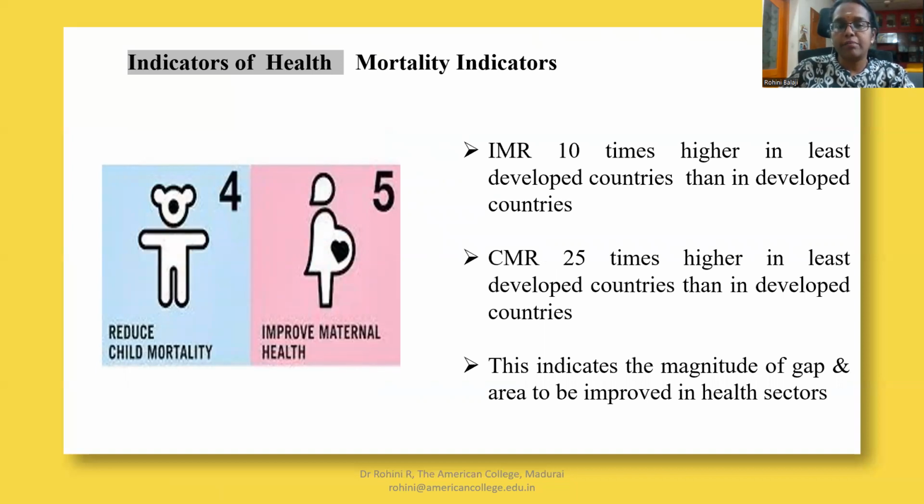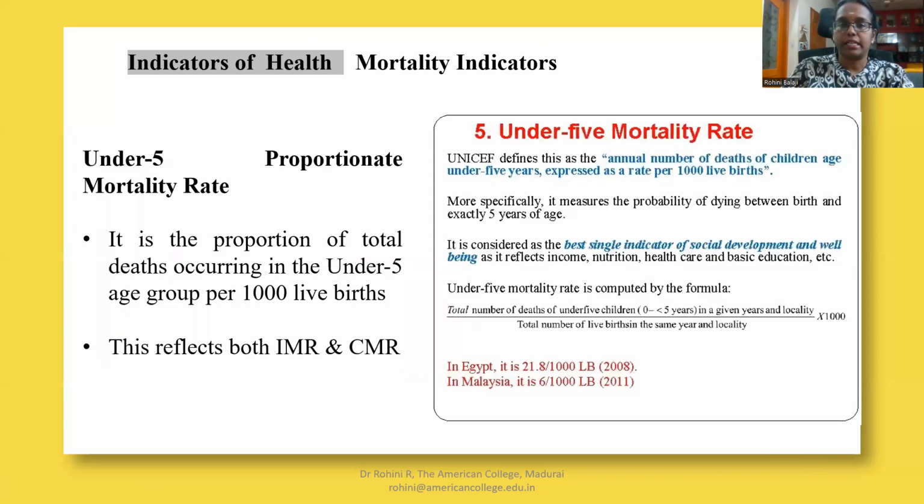The mortality indicators: the infant mortality rate is 10 times higher in least developed countries than in developed countries. The child mortality rate is 25 times higher in least developed countries than in the developed countries. This indicates the magnitude of the gap and the area to be improved in the health sectors. U5, under 5